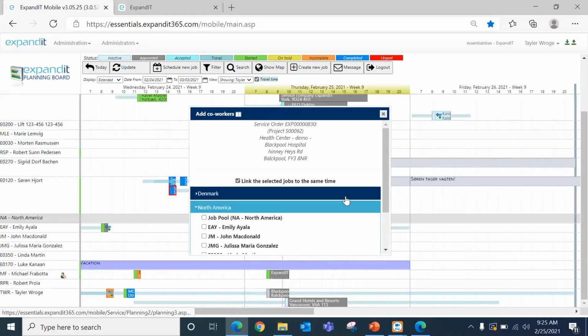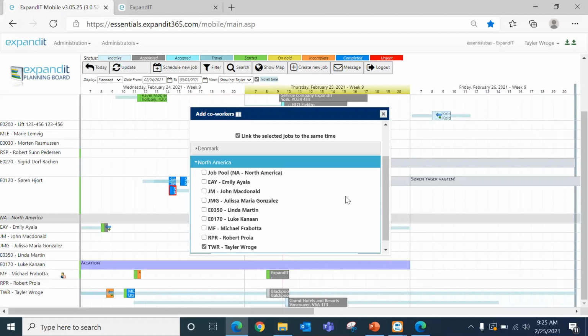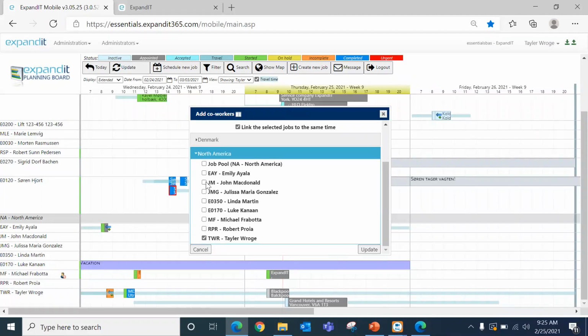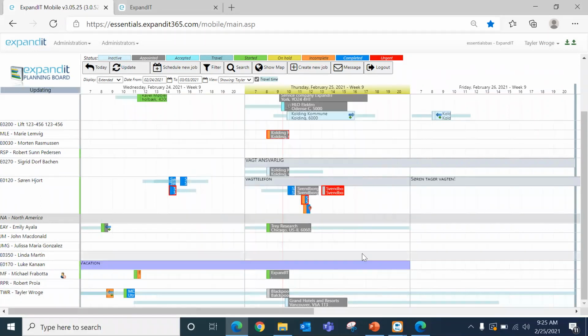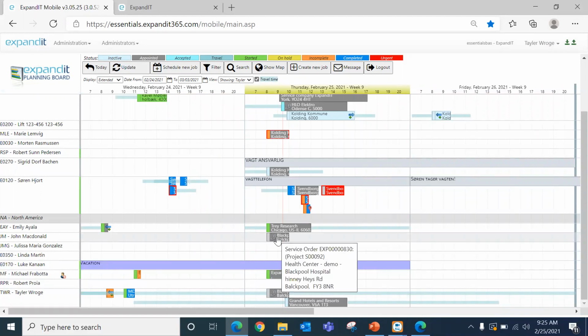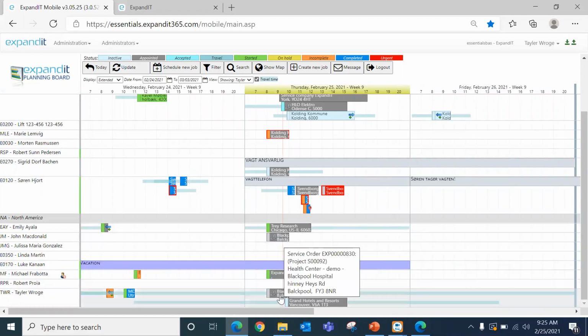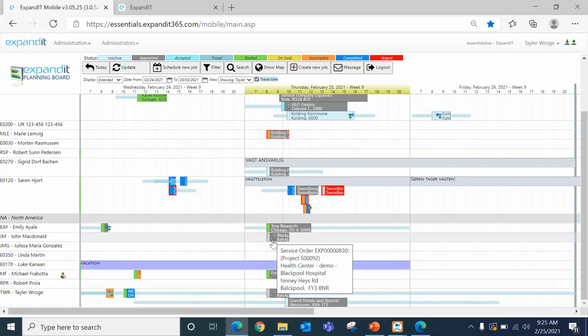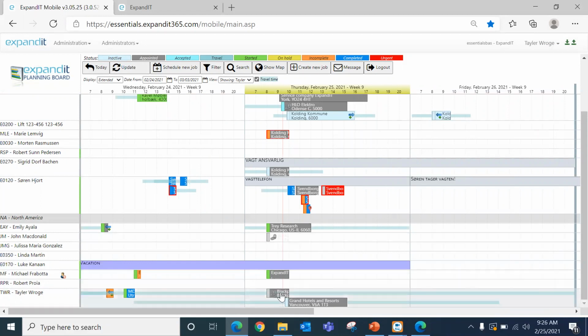it's going to pull up a list of all of our coworkers. So I can then go ahead and select who I want to add to our work order and click update. And it will now create a planned entry under John's name for the same time. And as you can see, there is a link there, and a link means that it is linked together. So I can click on one of those links and it will flash and show me where the other